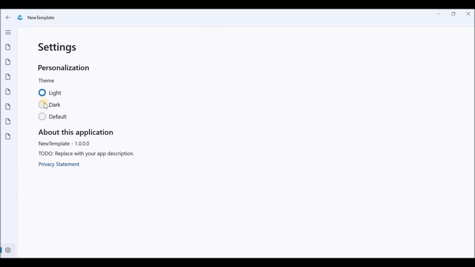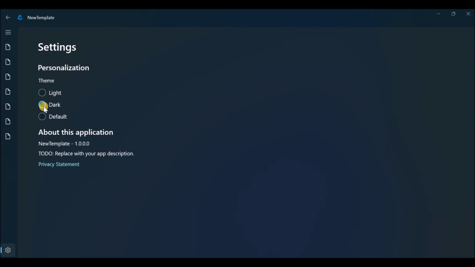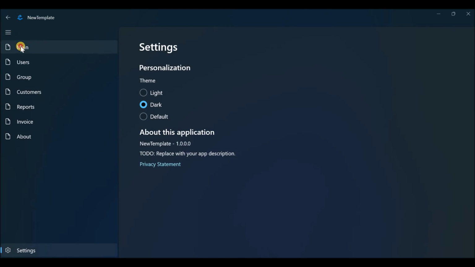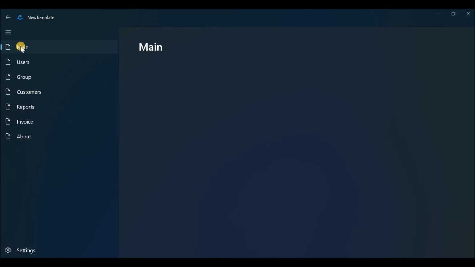At the bottom you have the settings page, which will allow you to change the theme. You can add other items as well in this settings, whatever your application settings are, and it also gives you the information about the application, the version. And